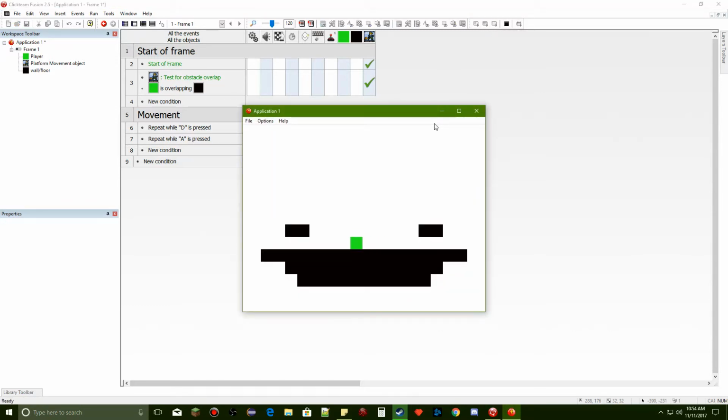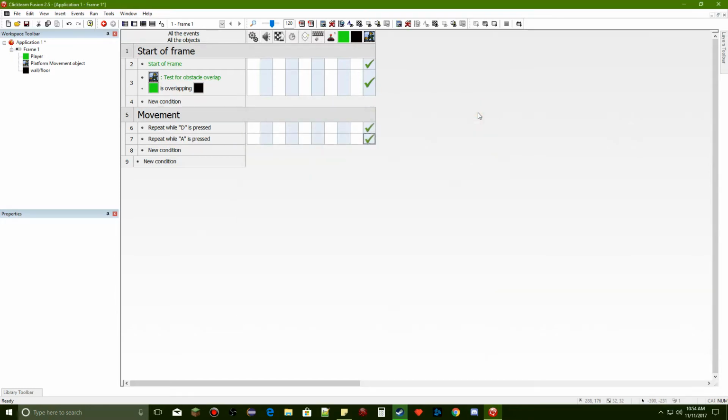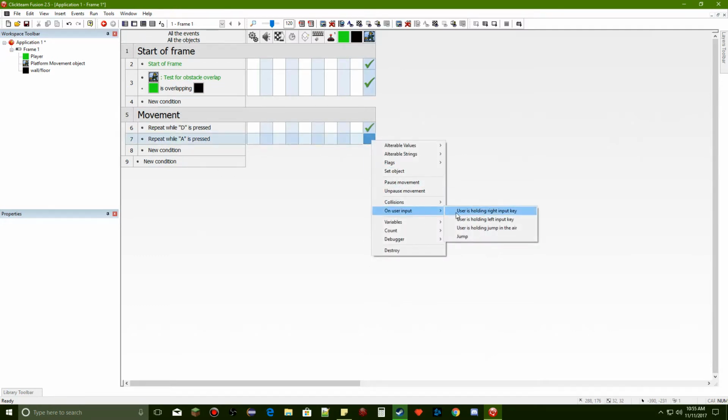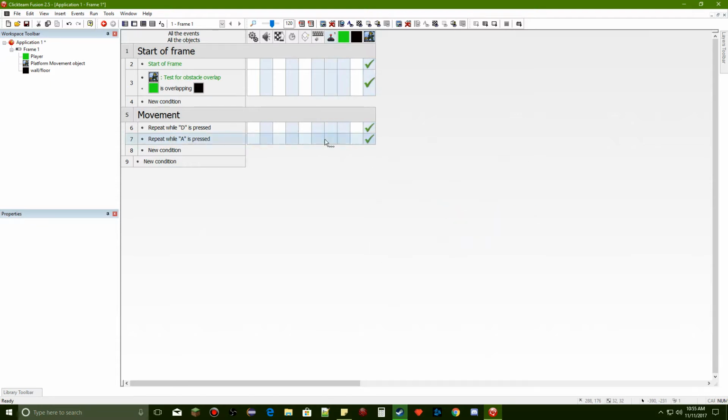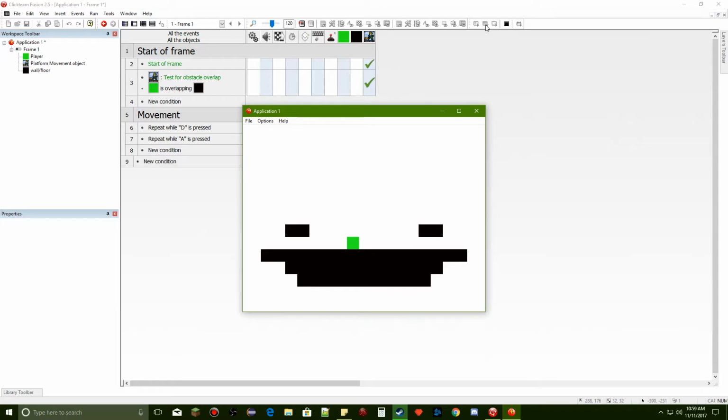We can move. Oh, something's not right here. Whoops, I got them backwards. Okay, we want D to be right, and we want A to be left. That was my mistake. Sorry about that. Okay. So A is left and D is right. Okay, now if we run the application, we can see we can go left and right,